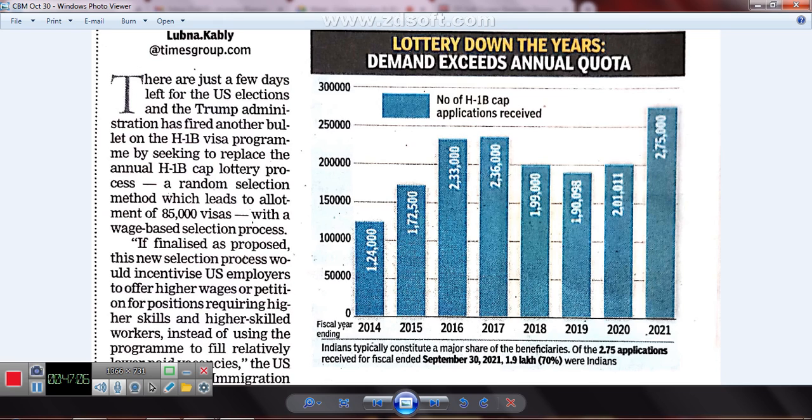Donald Trump administration has proposed a new method for allocating the 85,000 annual H-1B visas. There is a selection process based on the level of pay. Levels 1 and 2 are the low-paid jobs. Generally, American employers used to hire employees in the level 1 and level 2 categories from foreign countries. But under the new proposed policy, if implemented, and I repeat, it is not implemented, it will be very expensive, or very difficult, for American employers to hire employees in the level 1 and